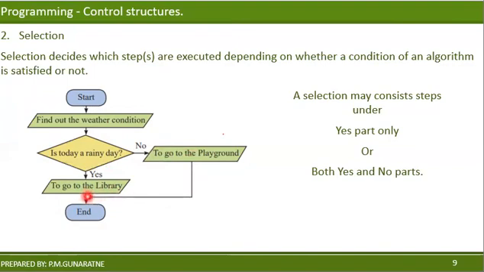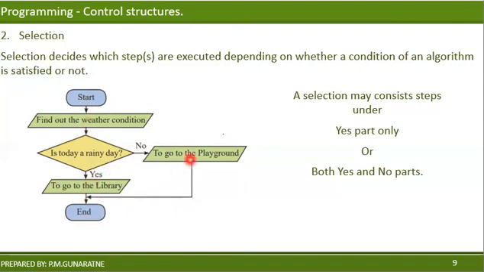That means they have merged again. That means they have become together again at this point. So you have to remember, when you have entered a selection, it will be divided into two parts. But make sure after finishing that one, these two parts have to be merged together again to the main flow, right?